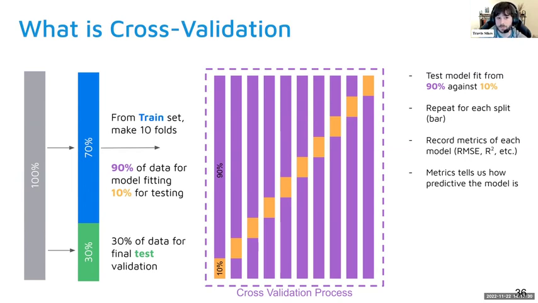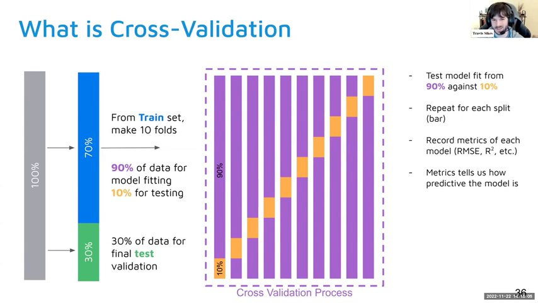Cross-validation. Imagine you have the full set of data here on the left with the gray bar, and you want to split that into a test and a train set. The train set, we'll say, is 70% of the data. The other 30% is the data that's being held aside, not used at all until the final test validation to see what kind of errors you're looking at. Then we go into doing the K-folds, which is the cross-validation process. What I'm showing here is 10% of the data and 90% of the data, and that 10% moves up like that.